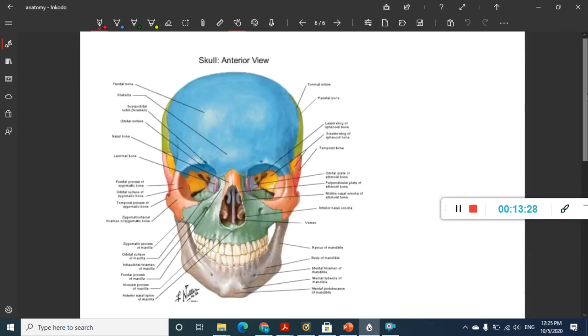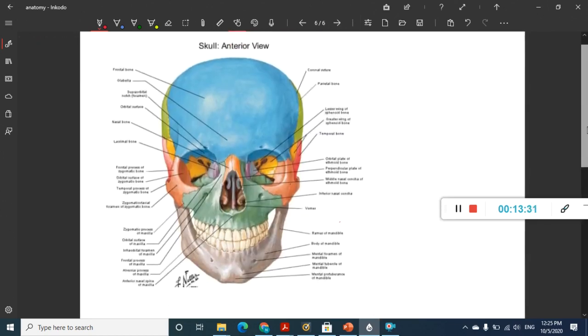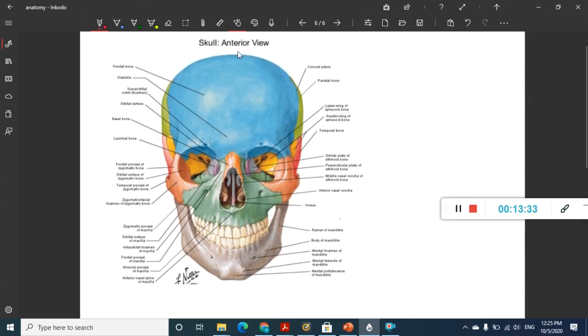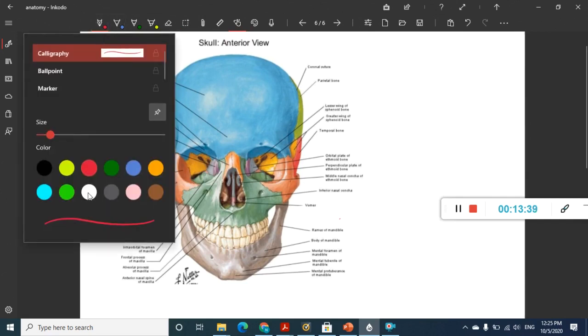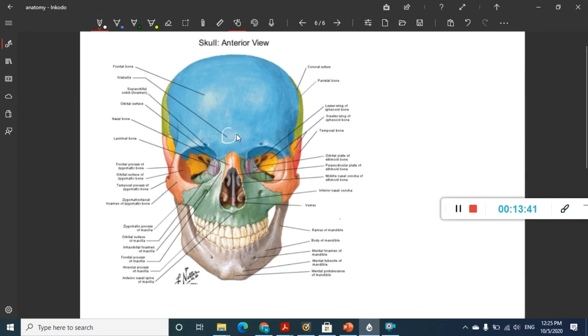Once you have learned about this, now we will see the important features. Here there are some things which are seen in the midline. In the midline you have this part called the glabella, seen in the frontal bone. Below the glabella is the root of the nose, and at the root of the nose in the midline you have a projection called the nasion. It is a medial part present at the root of the nose, where the two internasal sutures and also the frontonasal sutures meet.